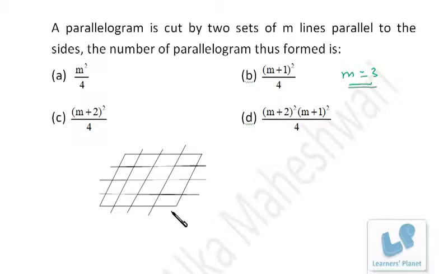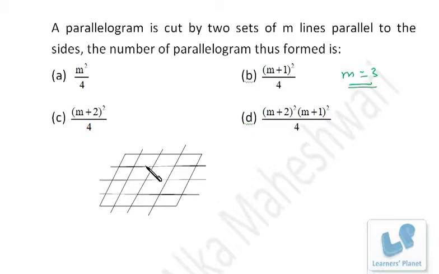So now it's very easy for anybody to say the number of parallelograms. This is 1, 2, 3, 4, 4 into 4, that is 16 parallelograms will be formed, right? That's very easy to say, and that's definitely there in the options also. Chances are that that will be in options. Maybe here it is not there or not, I can't say.